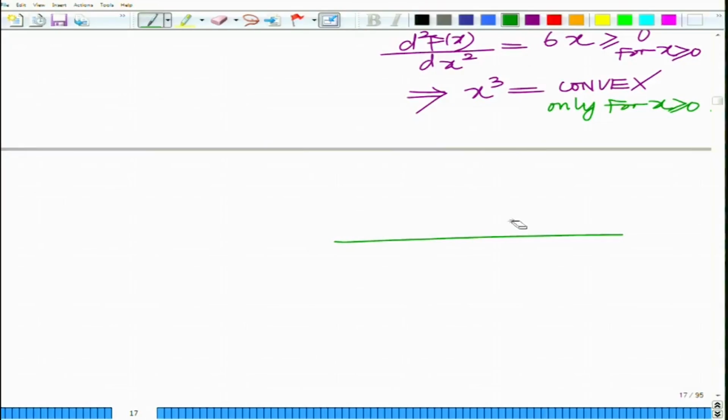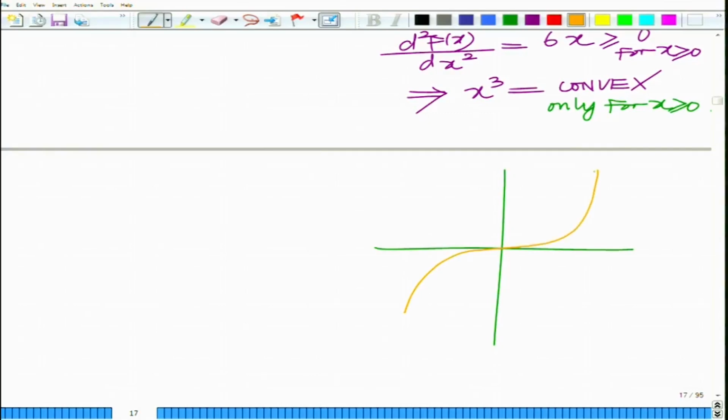module. If you plot x cube, just to refresh your memory, it looks something like this. All right, so this part is convex, and less than 0 it is concave. Okay. All right. Now, how about